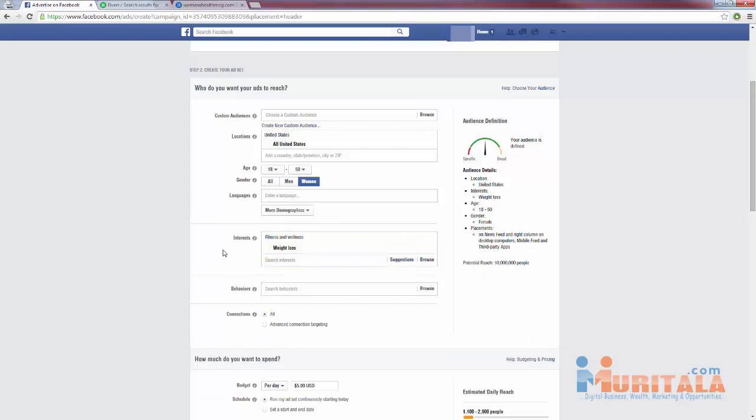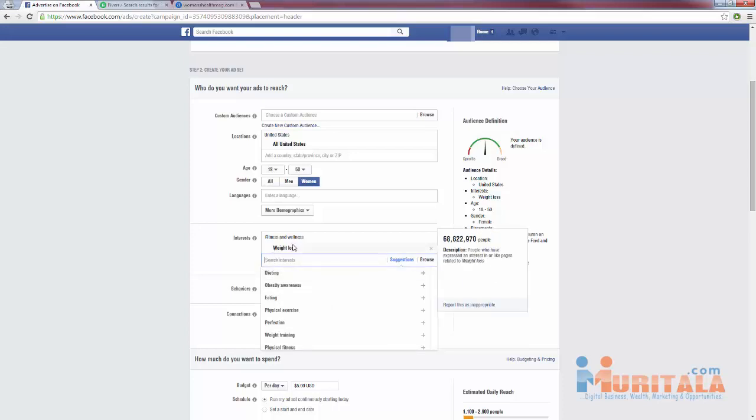If you know of anybody in your niche that is big, for example, you can target people. Like if I was targeting basketball players, I could target LeBron James. If I was targeting internet marketing people, I could target Frank Kern. But off the top of my head, I don't know anyone who is big in the weight loss niche.